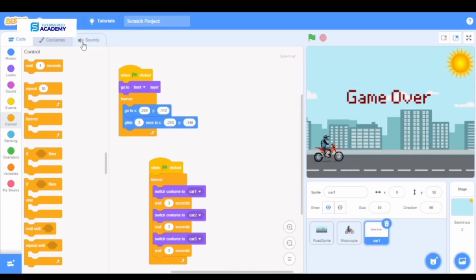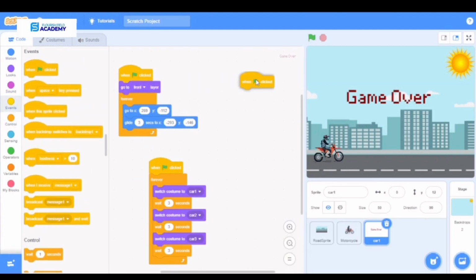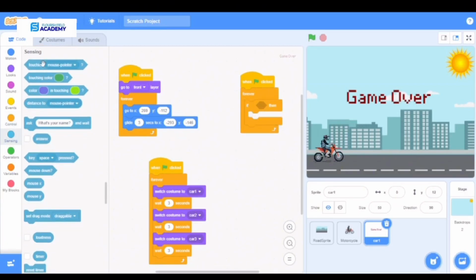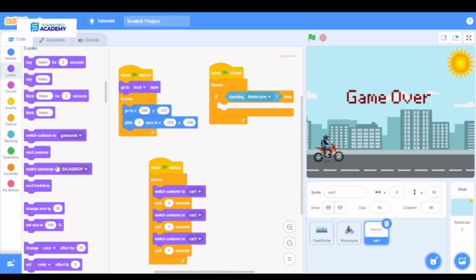I'm going to pick when green flag clicked for an event. I'll pick forever from control. Then I'll go to, still in control, I'll pick if then. Go to sensing and pick touching. And then I'll change it to motorcycle. Now that I've changed it to motorcycle, the next thing I'm going to do is go to looks, pick show,